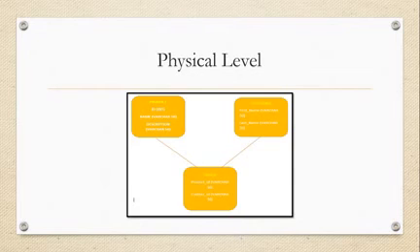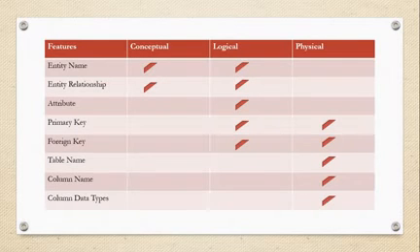Okay. So you will get that information and just try to remember this table. If you remember this table, then you will never have any problem about the layers. So just understand this concept, these features, and what work happens in which feature. For example, what happens in conceptual, what happens in logical, and what happens in physical, like that.